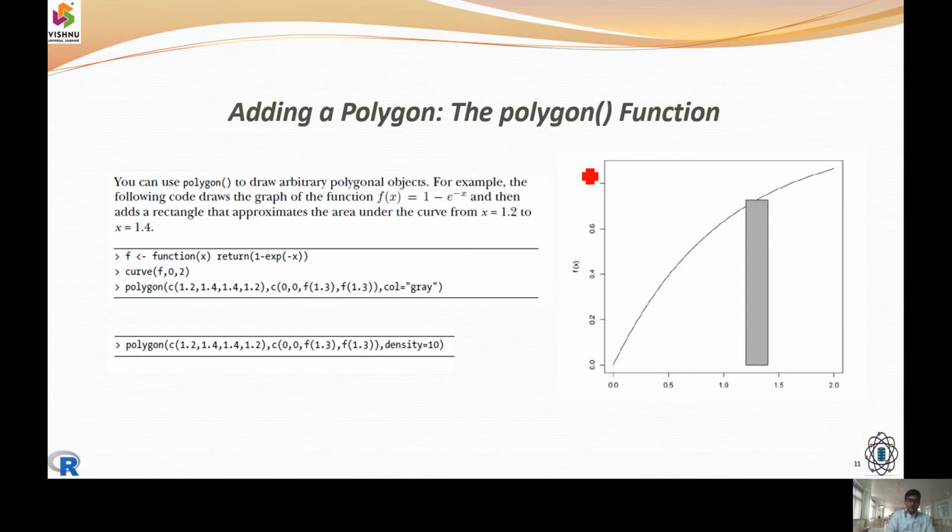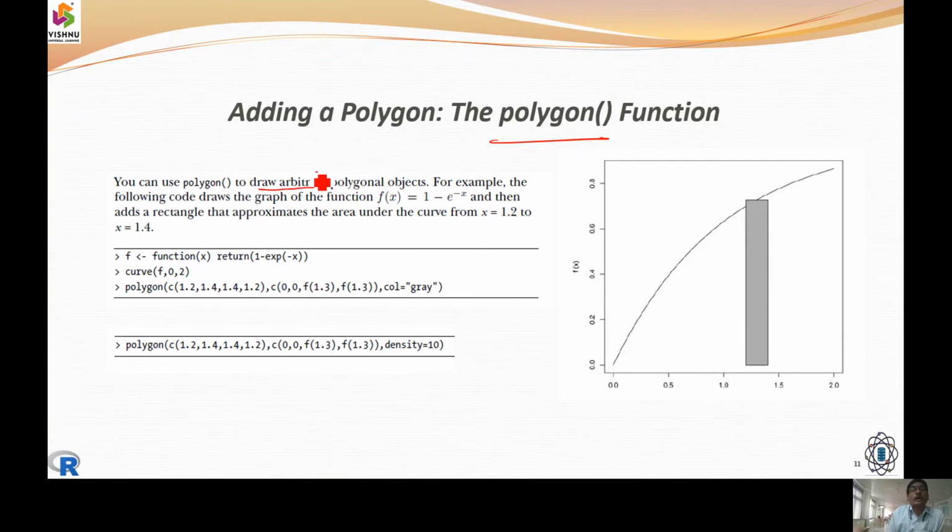Now, another interesting aspect in the plot function towards graphics in R is the usage of an arbitrary shape called a polygon. So any type of shape can be composed out of this polygon.